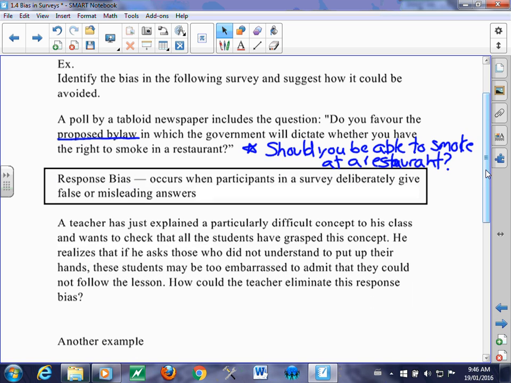And the last one, a response bias, is, again, a measure of the measurement. It's a specific measurement bias, which is a response bias. It occurs when participants in the survey deliberately give you false or misleading answers, okay? All right. Let's take a look at